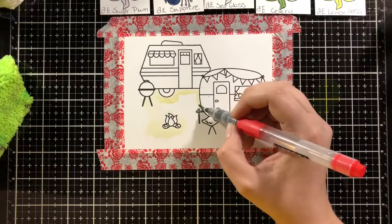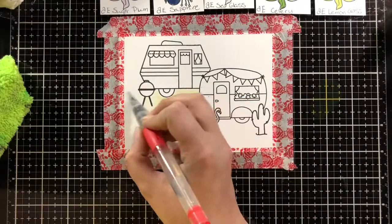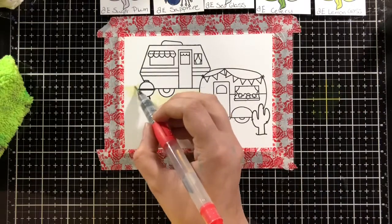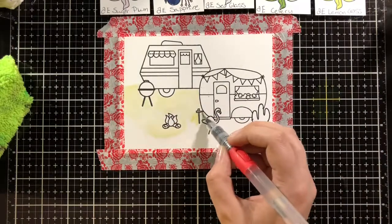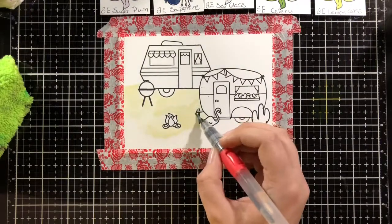I just skipped into double time mode, so you're seeing me painting twice as fast as I did it actually in person, but figure you didn't want to watch 45 minutes of me painting this picture. So here, I forget what color. I want to say it's mimosa and